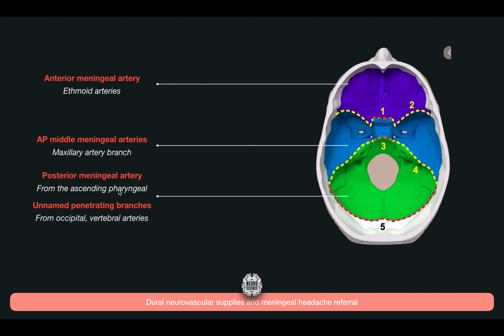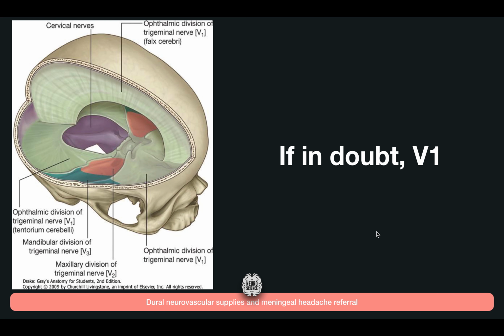This comes from the ascending pharyngeal, which is actually a branch of the external carotid artery. So this comes off the ethmoid, this comes off the maxillary, this comes off the external carotid ultimately. So that's the arterial supply of the dura mater, which lines the cranial fossae. So, in terms of the neural supply and the referral of pain which can cause headaches, okay, if in doubt it's